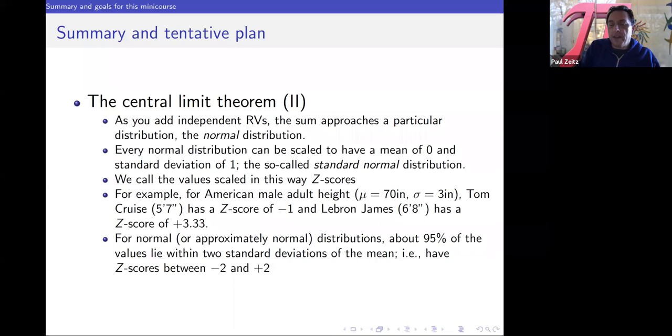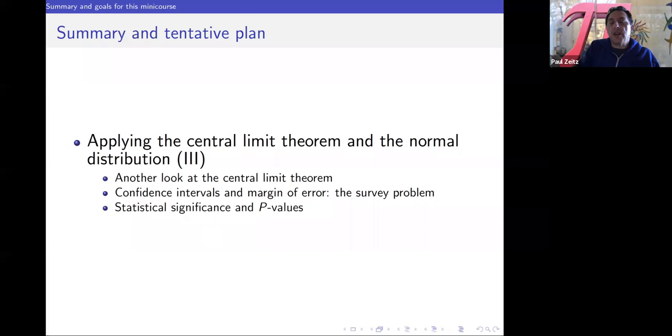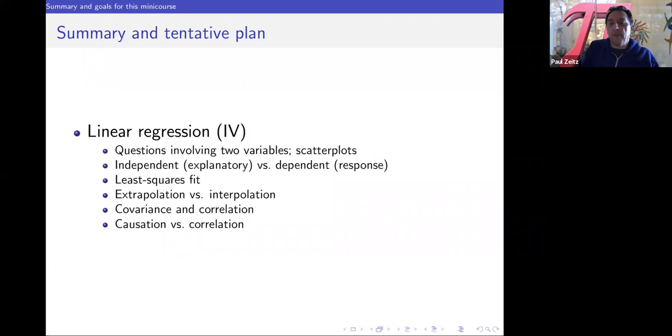They're very important and they're very intuitive once you get used to it. And in the third session, we dove deeply into the central limit theorem, and we tried to understand how polling works and how confidence intervals work, and the idea of statistical significance. But now we are wrapping things up with the idea of linear regression, and the idea is, what do you do when you have 2 variables? So what we'll first do is look at a lot of graphs, get a sense of how these graphs are working, and then we'll learn how to do some very basic computations with them.